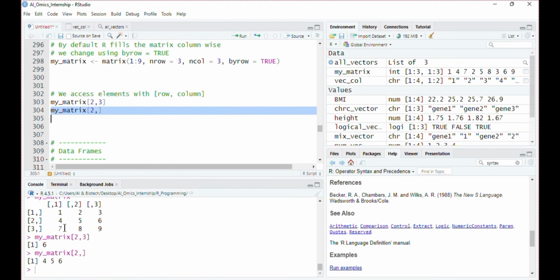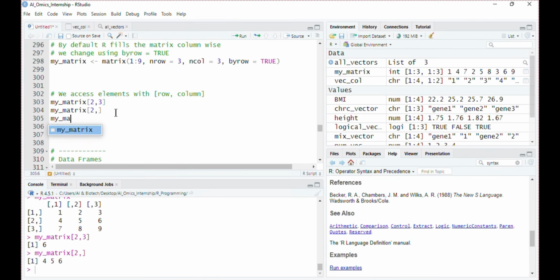So now I have the values for row number 2 for all 3 columns. The rule is simple: when we have a matrix and want to access any element using indexing, before the comma we can extract rows by specifying their number, and after the comma, we can extract columns.